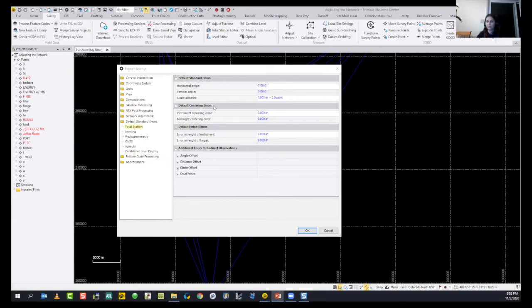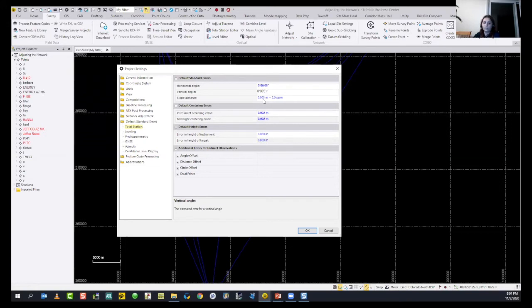This will always be there, so I will set it as 2 millimeters for now. And same for standard errors, horizontal and vertical. 1 second is too tight for displaying the differences. I will change it to 5 seconds.